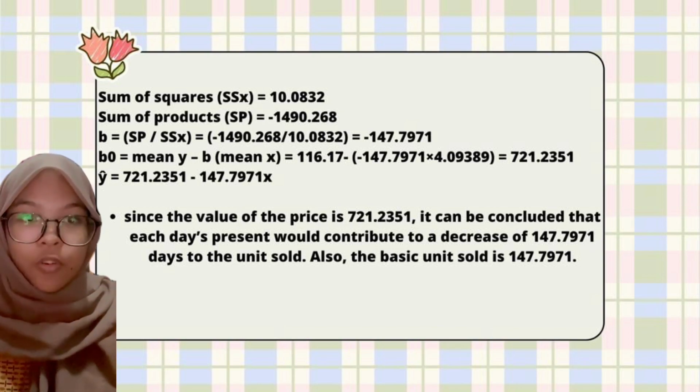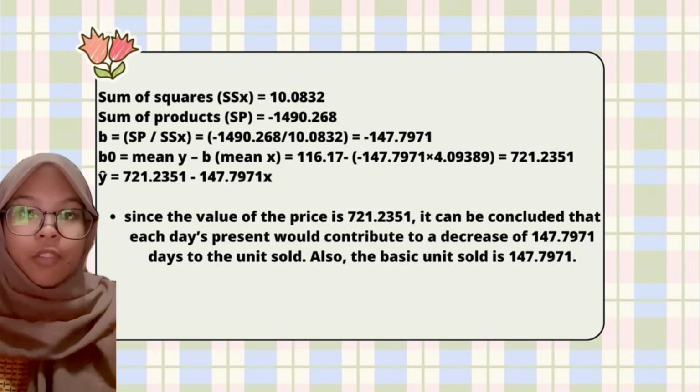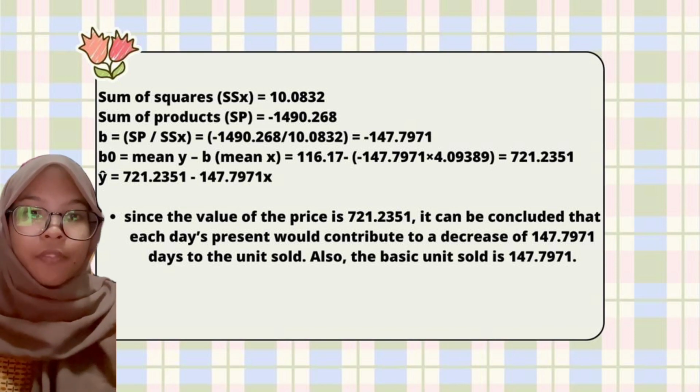b equals minus 147.7671. Mean y minus b mean x equals 119.17 plus 147.797 times 4.06389, which equals 721.2356. Y equals 721.2351 minus